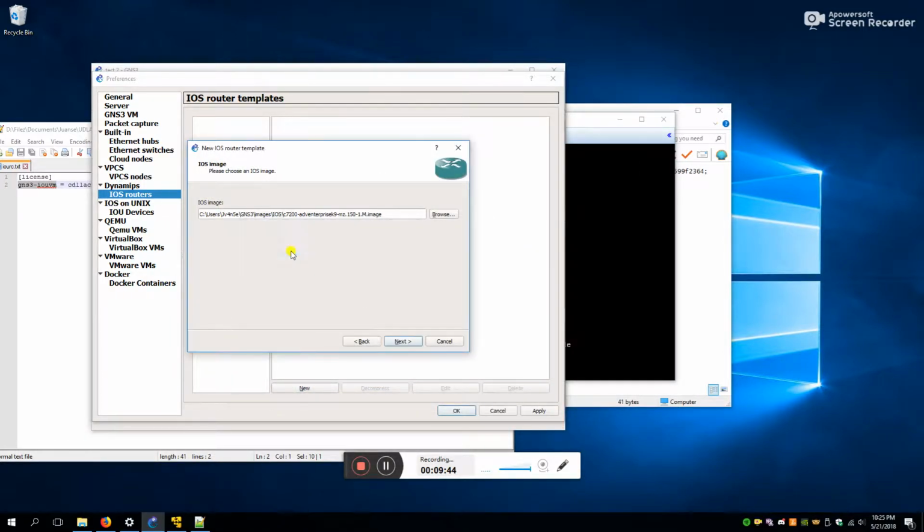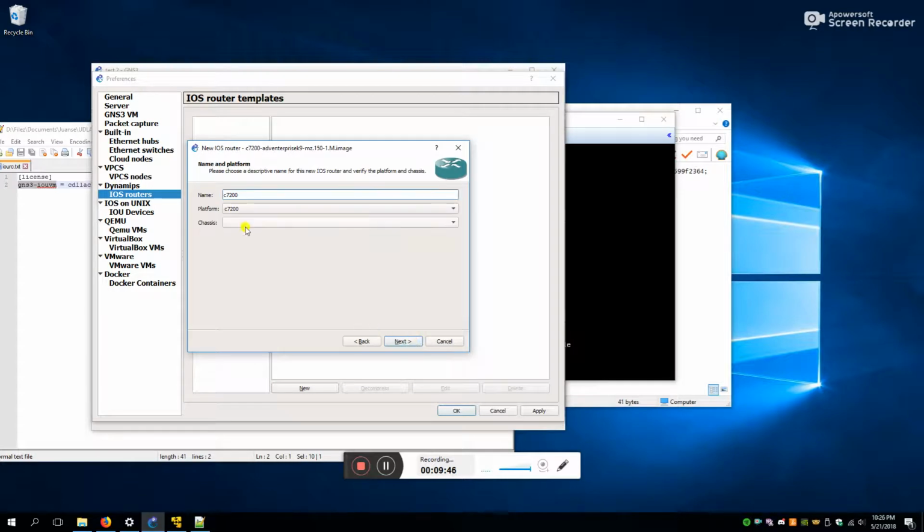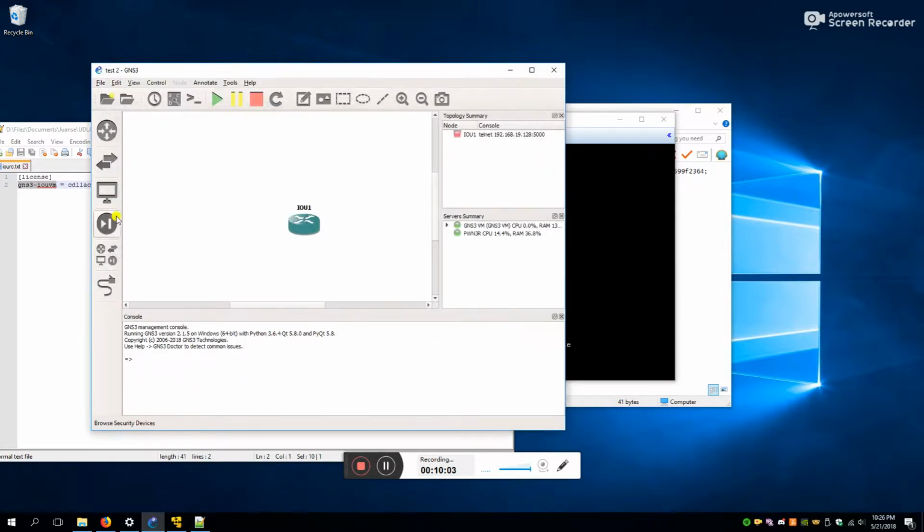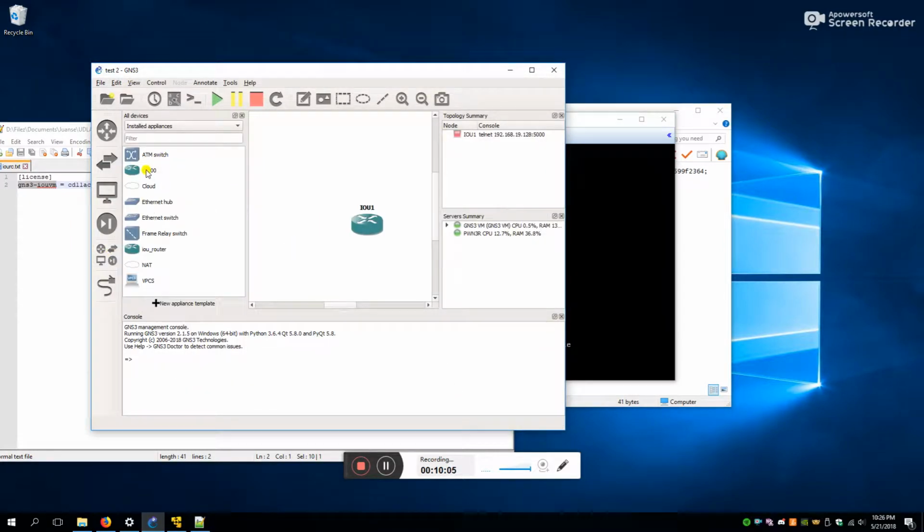You can just set that as it is. Just leave it at default. Okay. Now I'm gonna add the other router